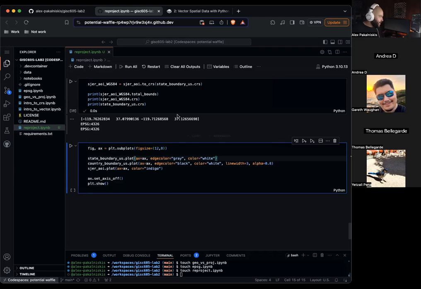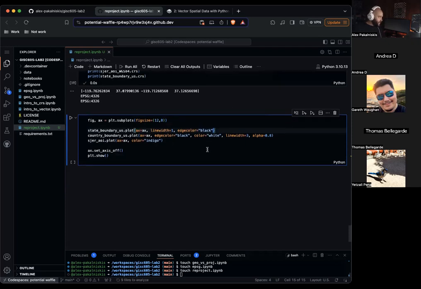So state boundary ax equals ax, line width equals 1. Edge color is black. And then we won't specify inside color. Country boundary, let's do ax equals ax. Alpha is 0.5. Edge color black, color white, line width 3.